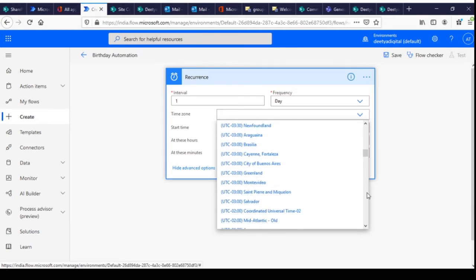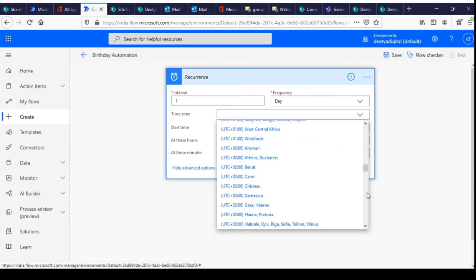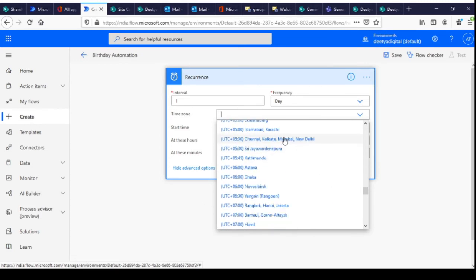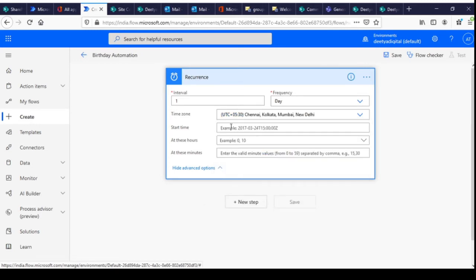I am based out of India, so I am selecting India time zone. If you want to select the start time or the start date, you can select here, else you can leave it blank. So this will by default trigger daily.